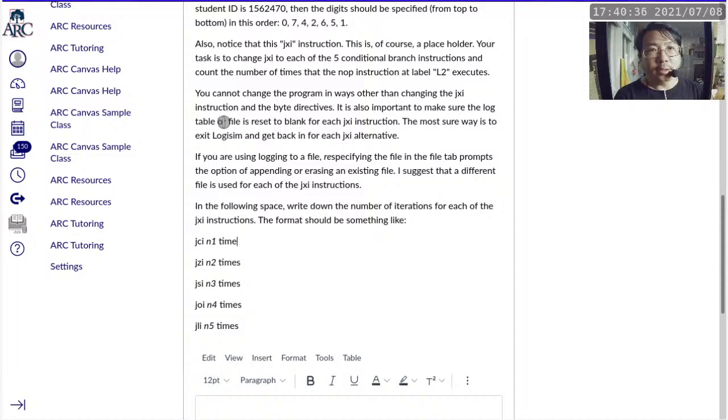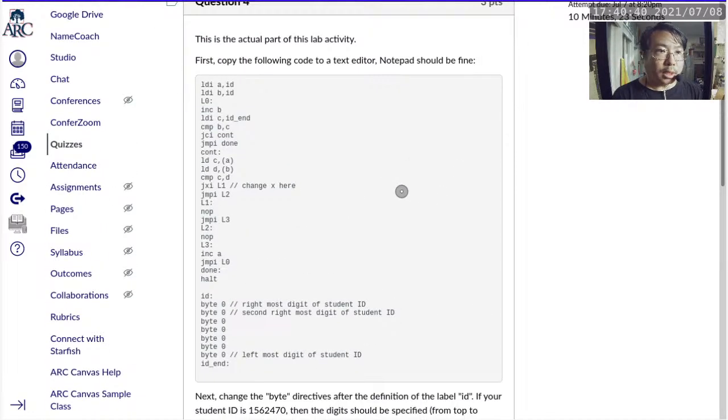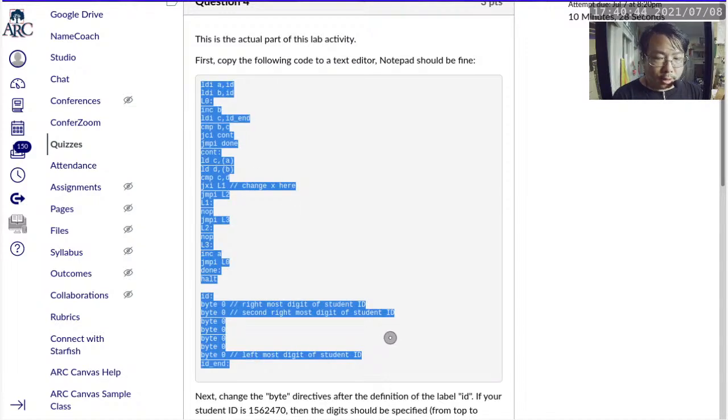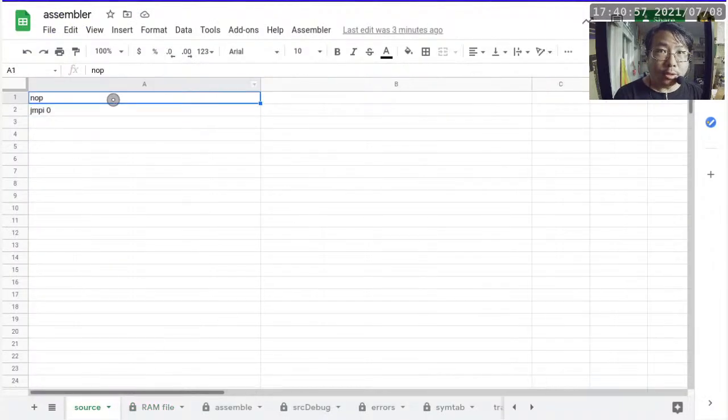All right, yes, I can do it in Logisim. Okay. So let me do exactly what needs to be done here. The first part is really just to copy and paste this code and make some changes. I'll show you what I mean by changes. Let's see, where's my assembler? There we go. Go to the source tab, and then we just go to column A, paste in the entire